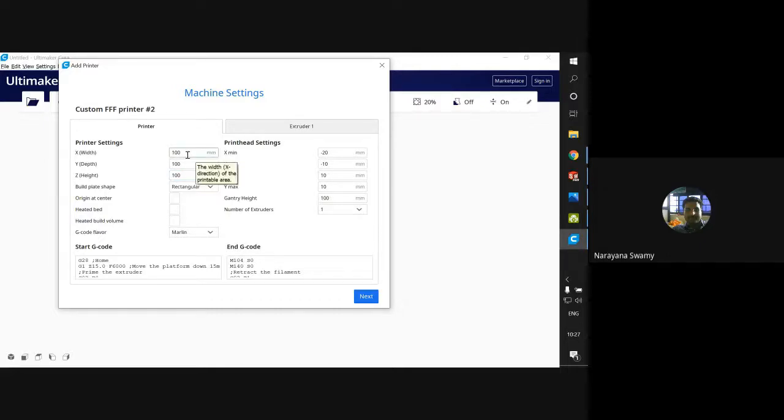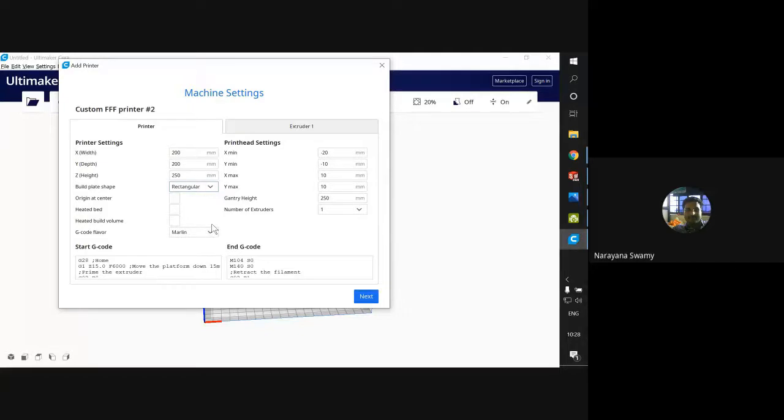According to our machine, here we have X as 200 mm, Y as 200 mm, and Z as 250. The bed shape is a rectangle.